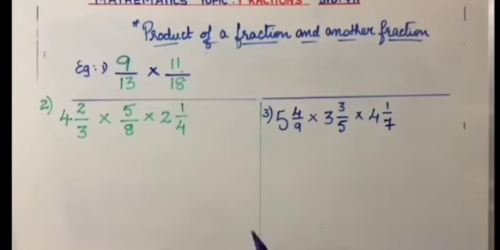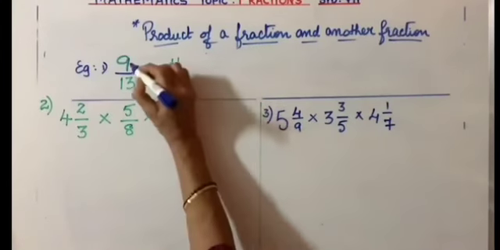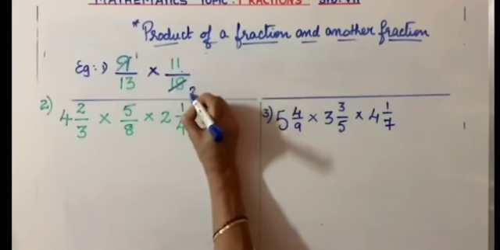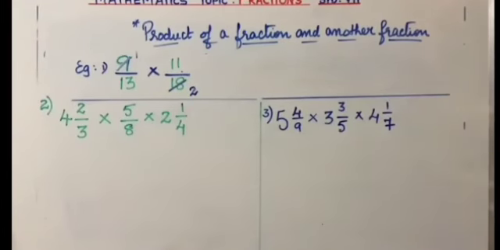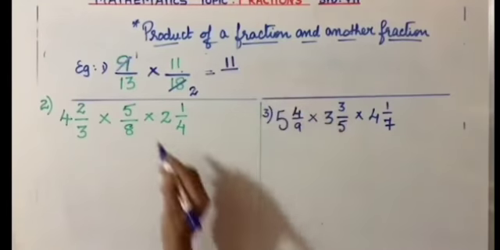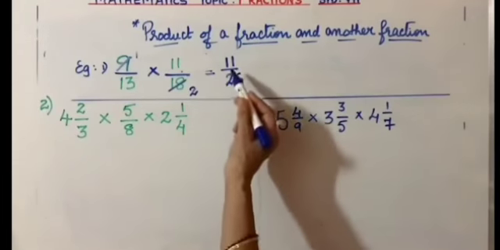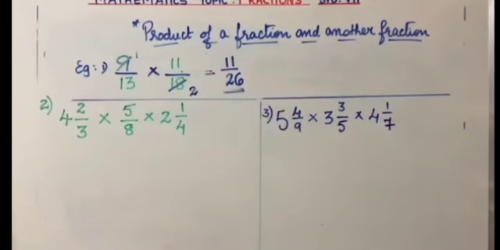But like I said, you will get huge numerators and denominators which will be difficult for you to simplify later. So let's first simplify. That is, cancel 9 ones and 9 twos. Now check if you can further simplify. If you cannot, what is the rule? 1 into 11 is 11 and 13 into 2 is 26. So, since 11 and 26 are co-primes, you cannot further cancel. So, that is the answer.